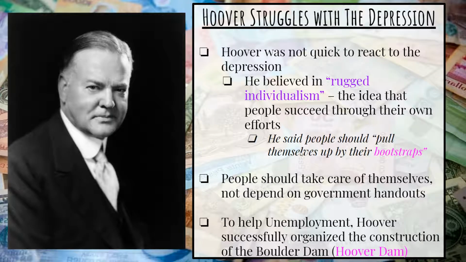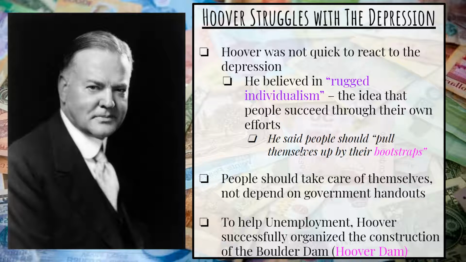So Hoover is really struggling with the depression. He believes people should pick themselves up because the people were the ones that created the problem. They went into debt on installment plans. They were the ones that invested and put their house up for collateral when they took out loans with a broker or a bank to buy on margin. It was their choices. But it was too late before he started actually doing things and creating jobs for people.